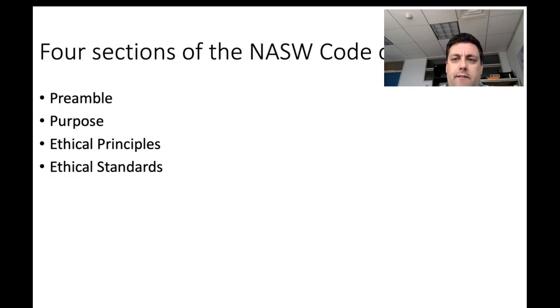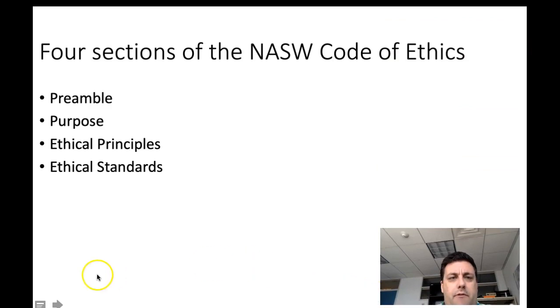So with that said, let's get into the content of this week's lecture. As we said last week, there's 4 big sections in the NASW Code of Ethics: the preamble, the purpose, the ethical principles, and then the ethical standards. As I said a second ago, the preamble is pretty short. Purpose is fairly short. Principles is pretty short, but it's the standards that's really the lengthy one,